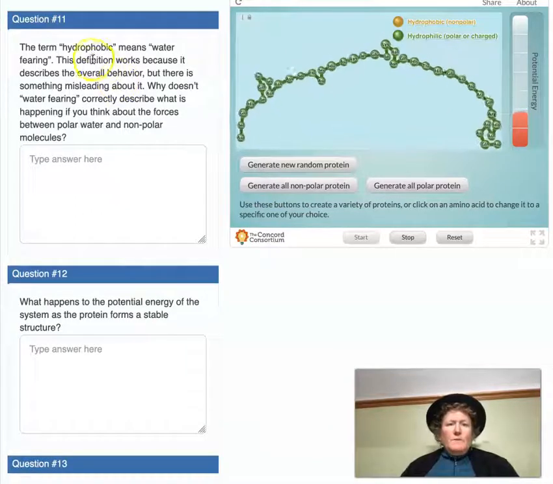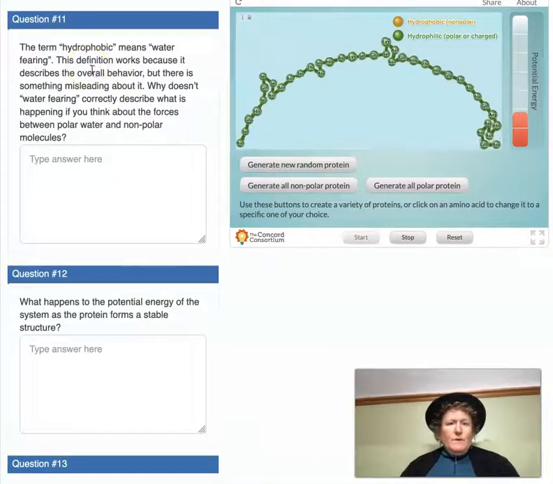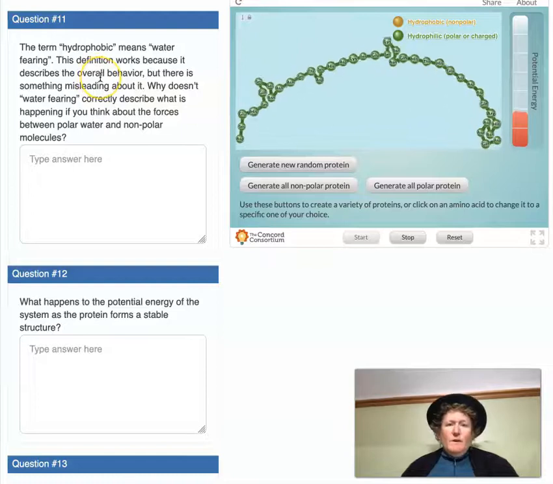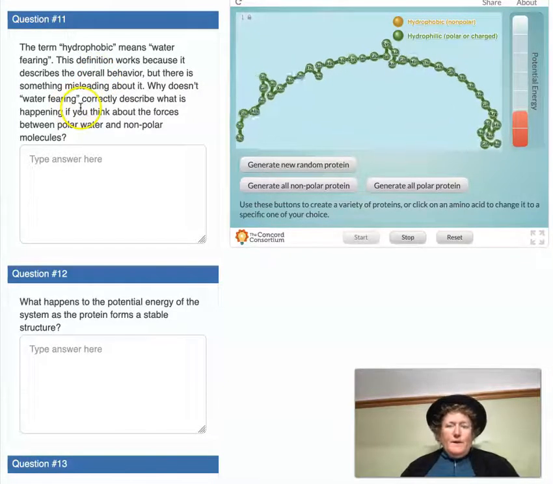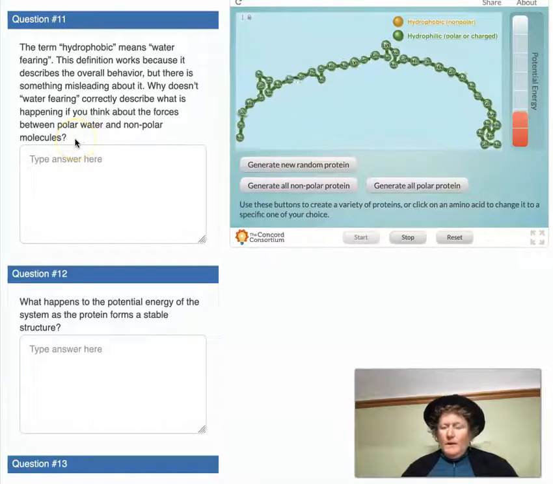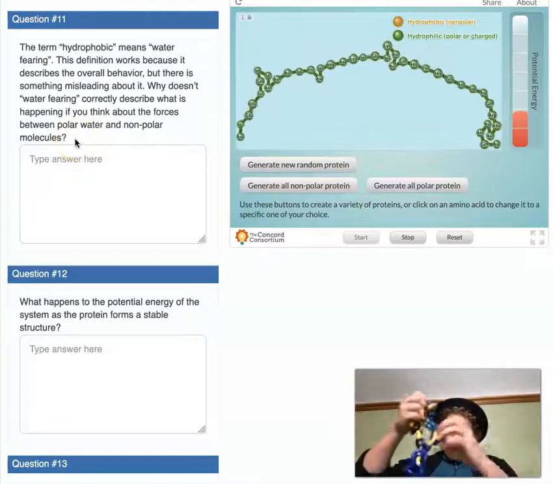So the term hydrophobic means water-fearing. This definition works because it describes the overall behavior, but there's something misleading about it. Why doesn't water-fearing describe what's happening? If you think about the forces between polar water and non-polar molecules, I'm trying to lower the potential energy